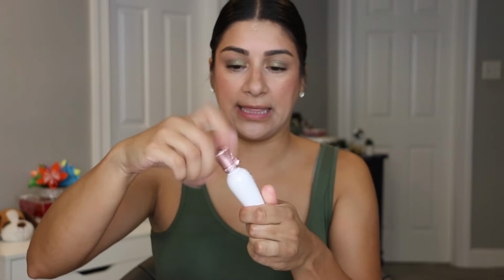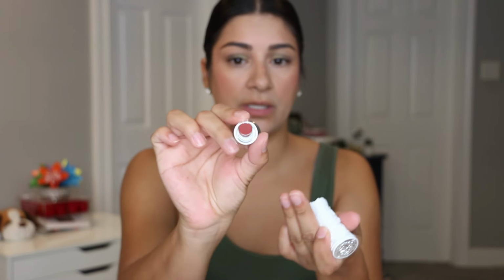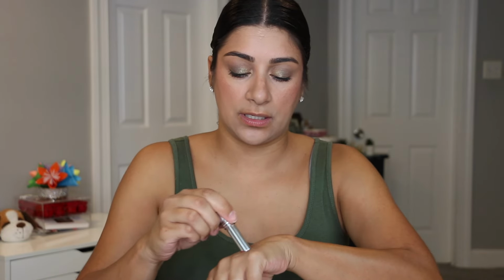So I have two lip products here that they sent me. This one is a lip gloss that I think I might use today because of the color of my eyes. And this is the lip product right here. This one is called Midsummer Night. It looks like that, but I think this is too much for this eye look, but it's really pretty. So we're going to use this one very lightly, which is this one right here, which is called